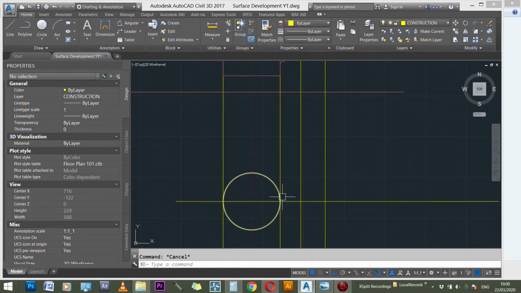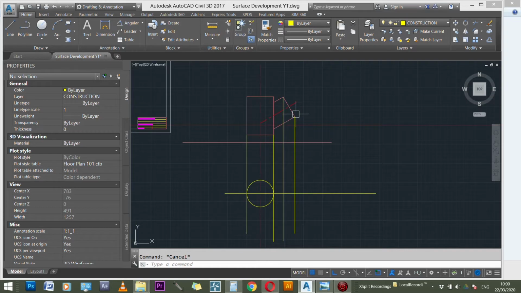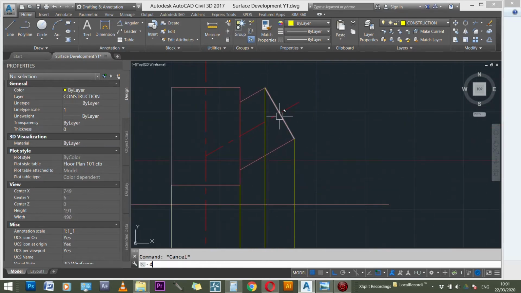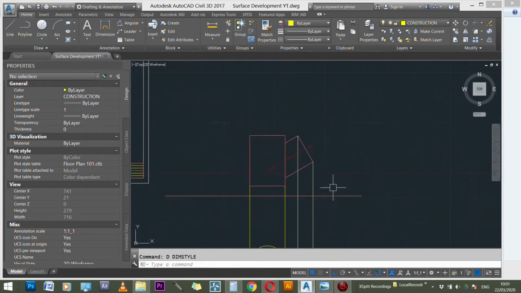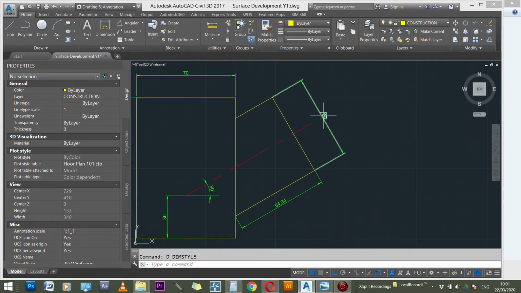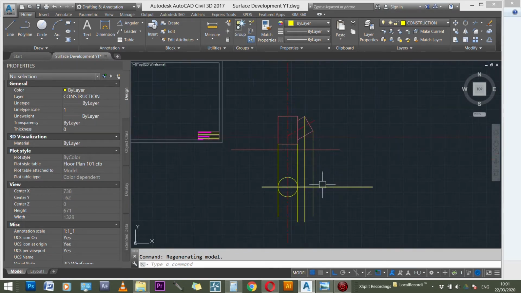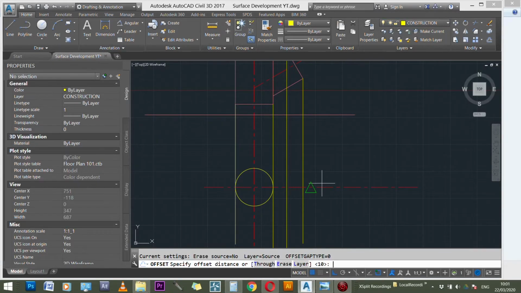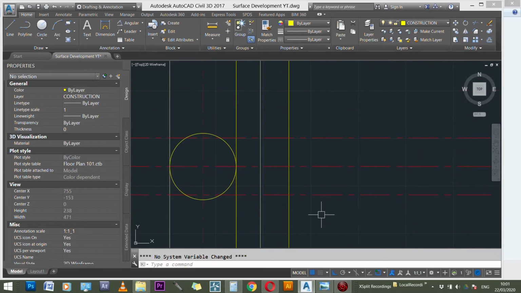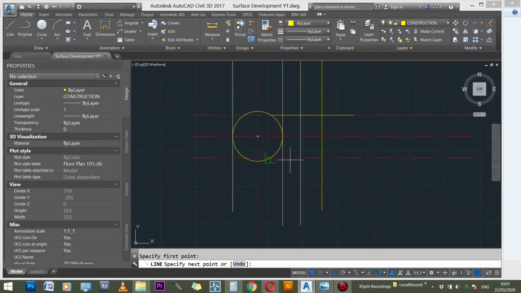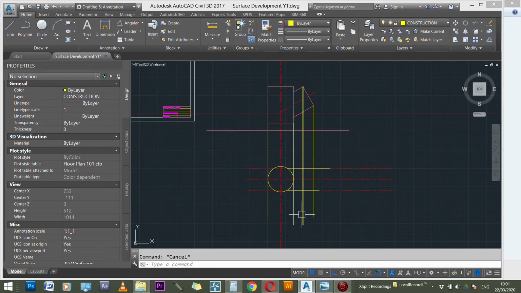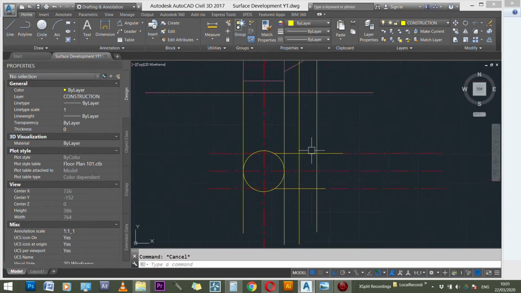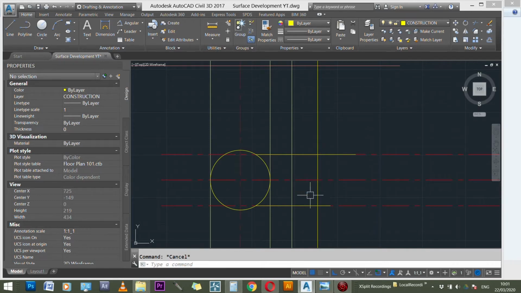Now when we have done that, we have to also recognize the circle out here. What is the distance? Sorry, the distance of this circle, let's just refer to this drawing here, is 60. That's 60 diameter. So that means that if we have here as our center line, which I'm going to put, we can actually offset 30 millimeters from the center line above and below, which will give us our 60 diameter. Now I'm just attaching these together, and yeah, so our next circle is going to come somewhere between here,